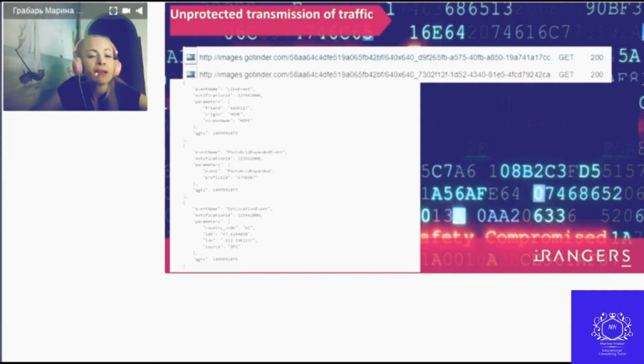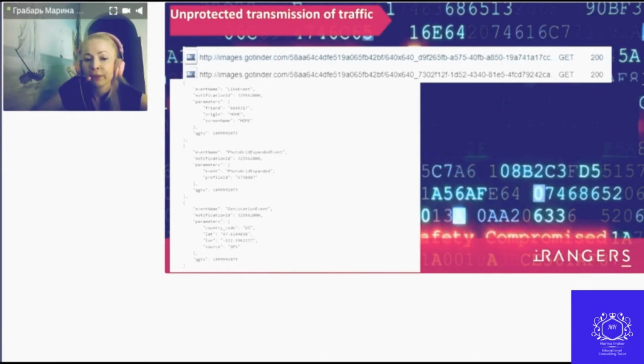The Android version of Paktor uses an analytics module that transmits a lot of information in unencrypted format, including the user's name, date of birth, and GPS coordinates. In addition, the module sends the server information about which app functions the victim is currently using. It should be noted that in the iOS version of Paktor, all traffic is encrypted.